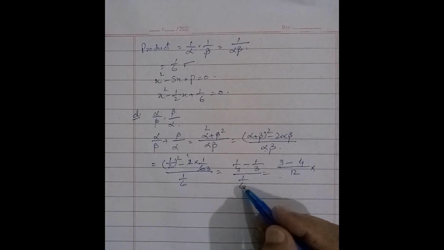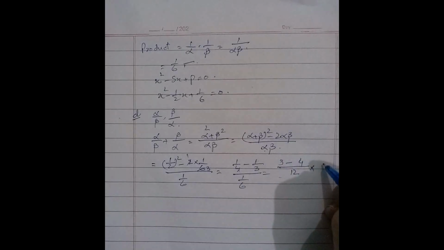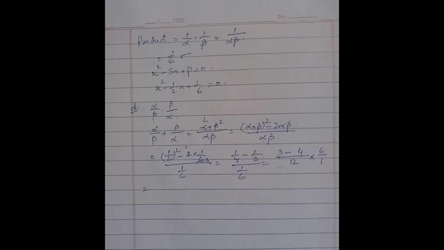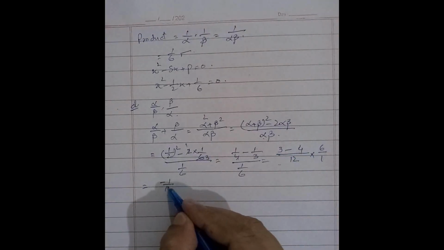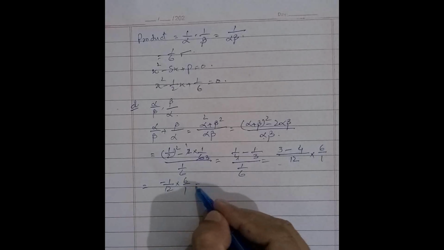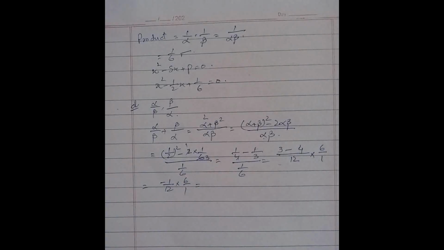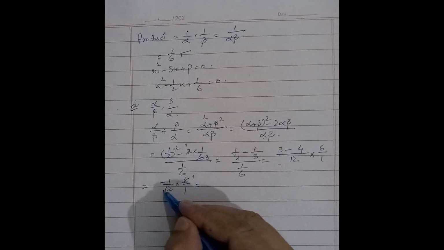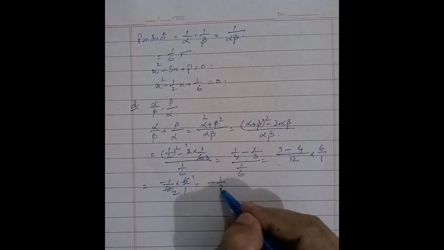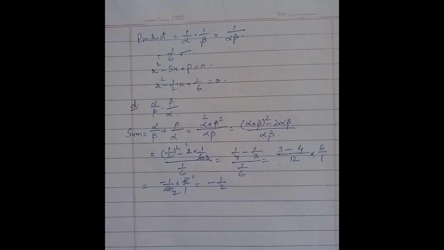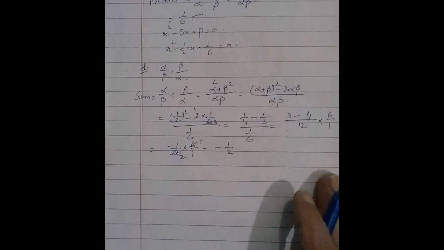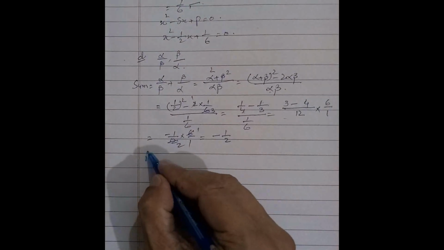Multiply by, we shift 1 over 6 to the simplifying side, we get 6 over 1, and the values are 3 minus 4 is equal to minus 1 over 12 multiplied by 6 over 1. When we further simplify, 6 ones are 6, 6 twos are 12, we get minus 1 over 2, and it is the sum of the roots. And the next, product of roots,